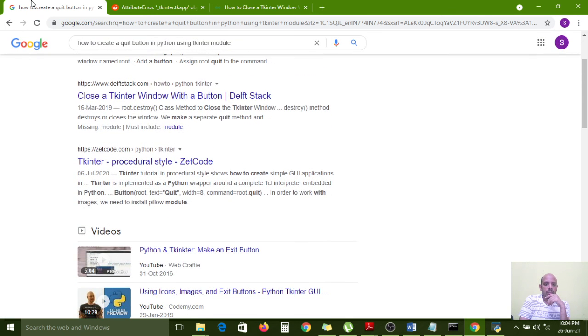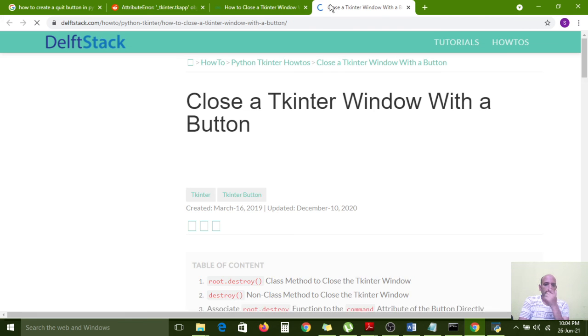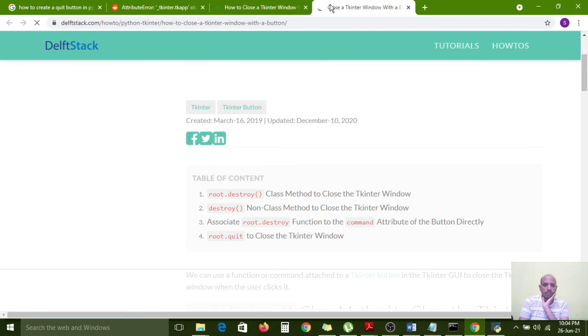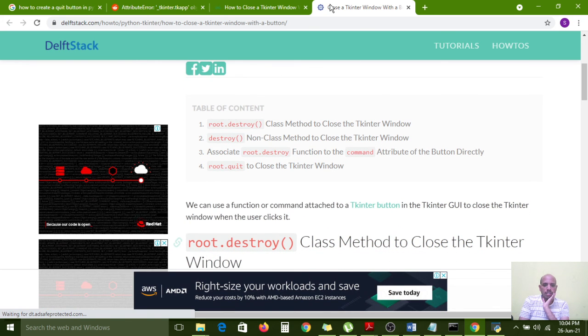Close a Tkinter window with a button. Missing module. root.destroy, root.destroy: non-class method to close the Tkinter window.